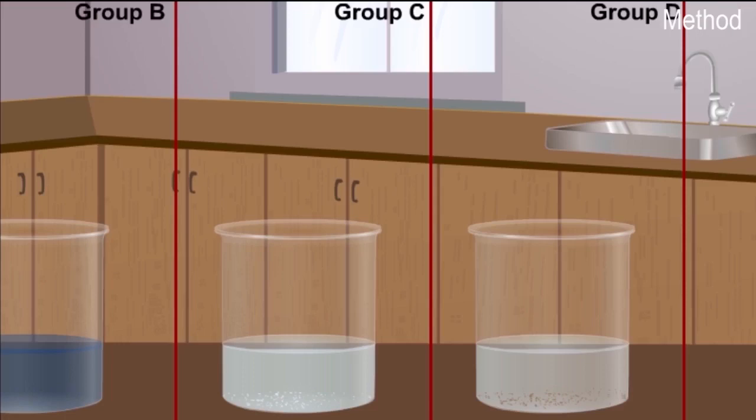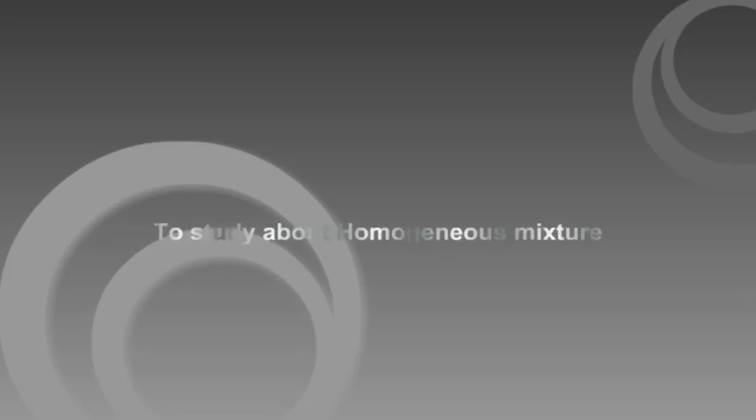Now again, we know that heterogeneous mixtures are of various types. What the different types of mixture are can be explained with the second activity that we are going to conduct. Let us do an activity to study homogeneous mixtures. The objective of the activity is to study homogeneous mixtures. Materials required: